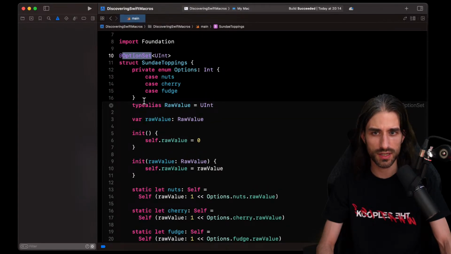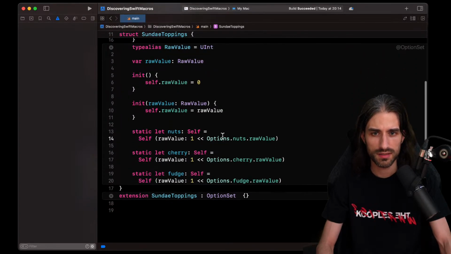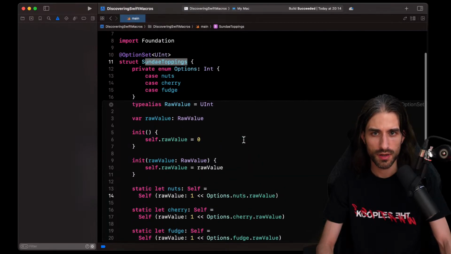macro, we can see that, okay, so the struct has a raw value which is a uint. So here it's option.